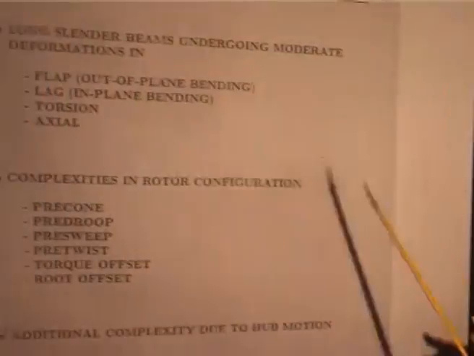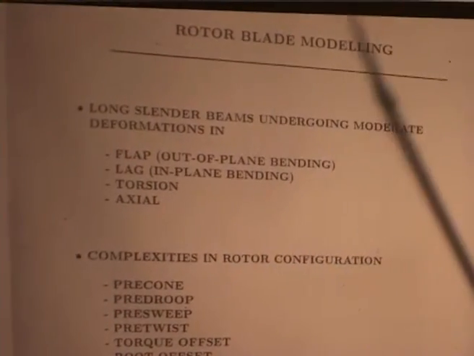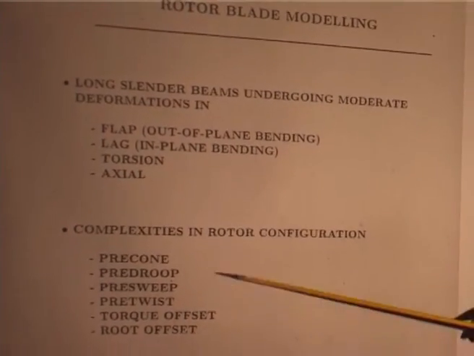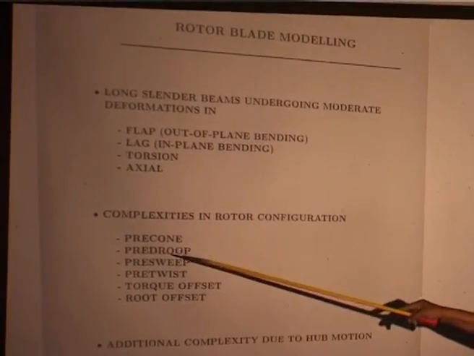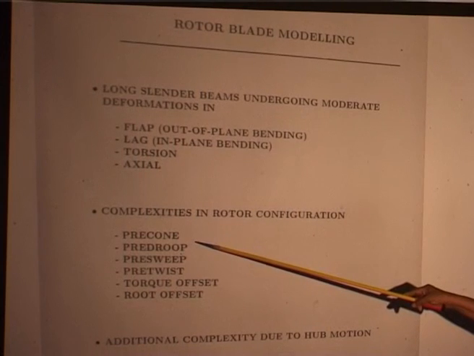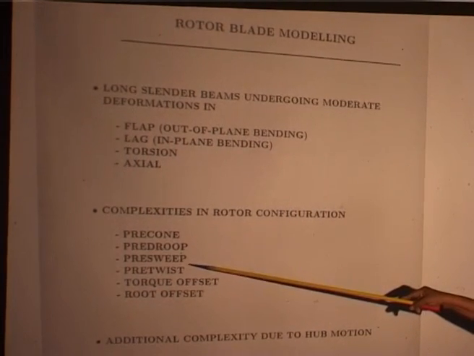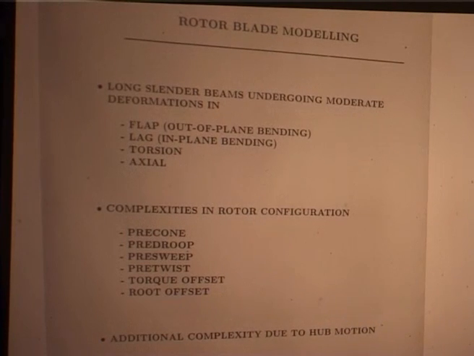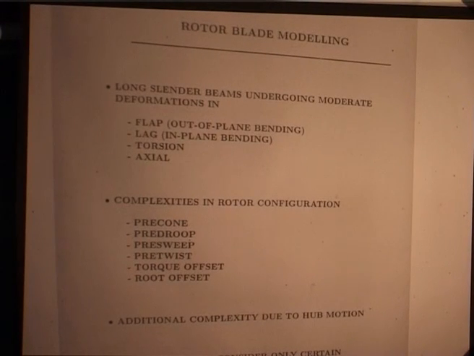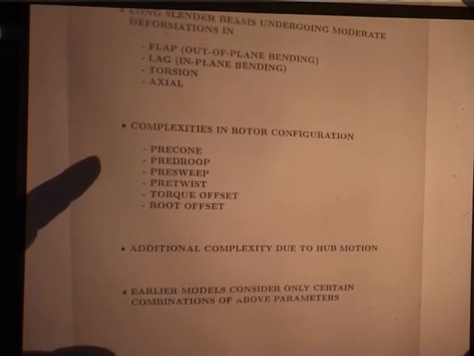Now, when you look at the actual modeling, you treat it as a beam model, nothing else. But then the rotor configuration, if you look at it, you will have pre-cone, pre-droop, I will tell you what those things are. Then it can have pre-sweep, pre-twist, then torque offset, root offset. These are all geometrical quantities which will be there in the actual rotor blade. Now, you need to take all this,